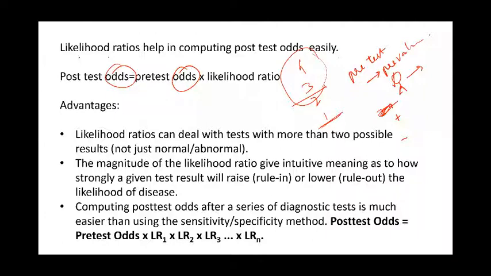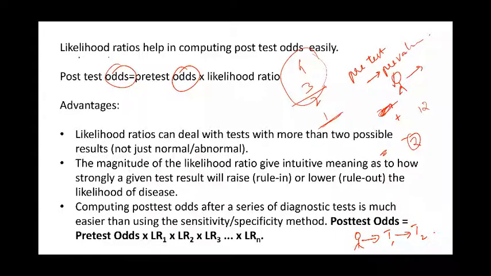Then again, magnitude of likelihood ratio. In the previous example, we've seen a likelihood ratio of 2. Imagine if the likelihood ratio was 12. It gives us a sense of which test is much more positive and which will give a much stronger result or much stronger evidence that he has a certain disease. And again, another very important thing is, if there is a person, I give him test 1, then I give him test 2.